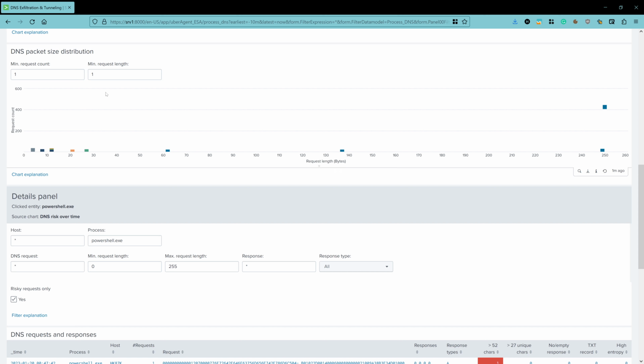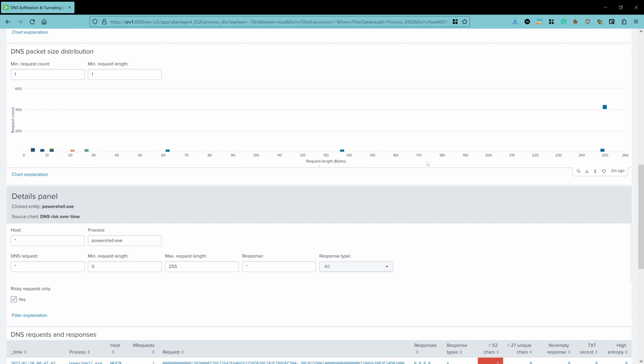So you can see regular DNS activity in our test environment here has around 20 bytes, a little bit more than 10 bytes, sometimes nearly 30 bytes, but that's typically it. DNS packets only transport the actual DNS name and the response from the DNS server. So they're typically not very long.